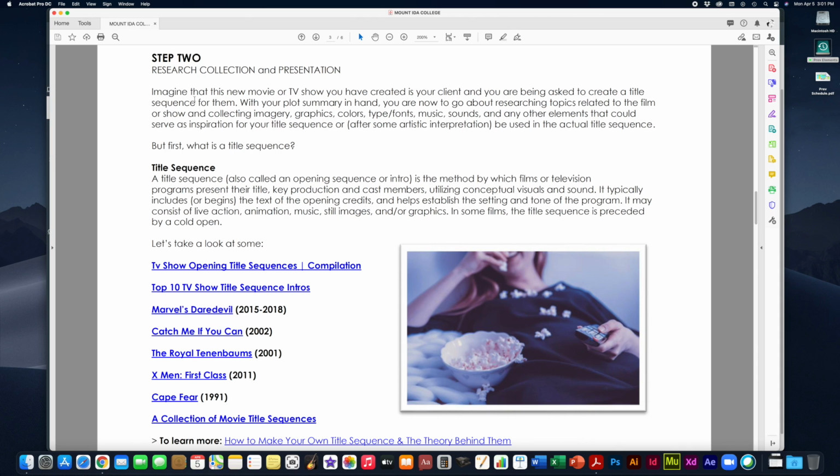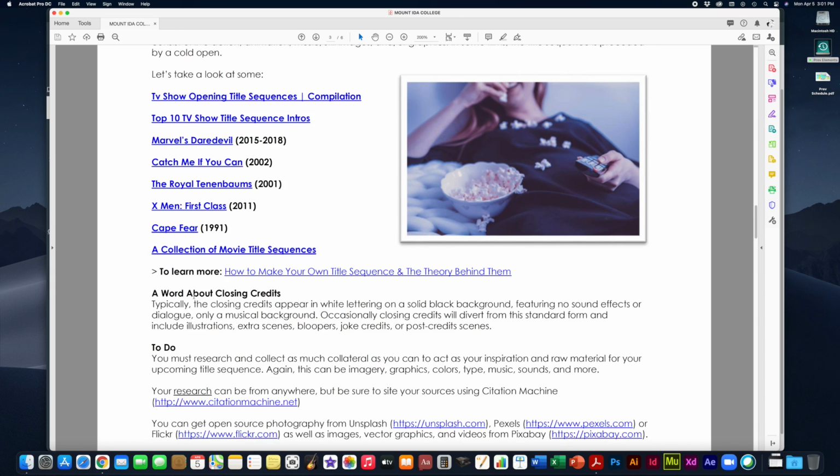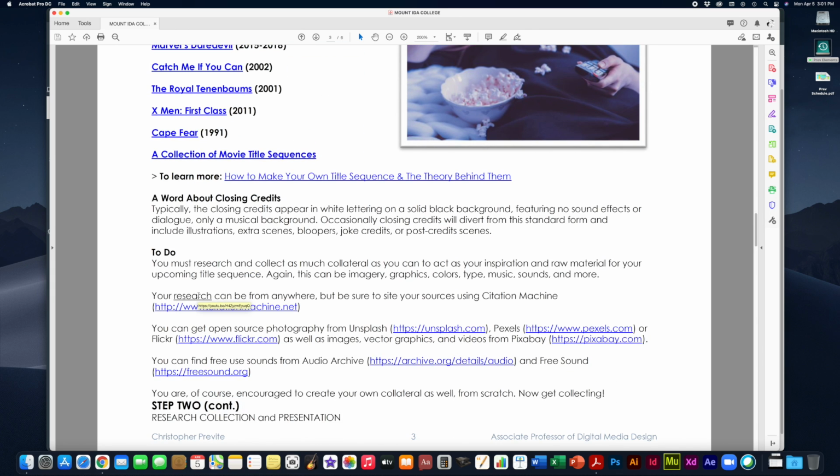And step 2 is to create your research collection and presentation of your content. This is where you go out to a variety of places to collect imagery and sound that you can use in your title sequence. You've rewritten your classic movie or TV show, you've rewritten the plot summary for a new genre, and